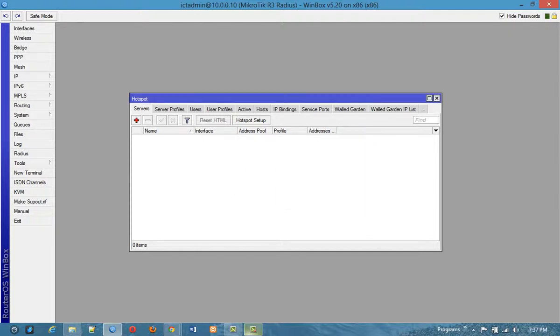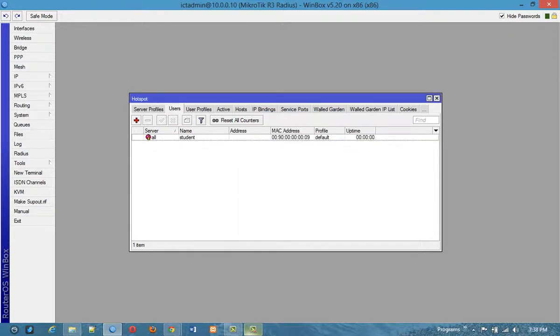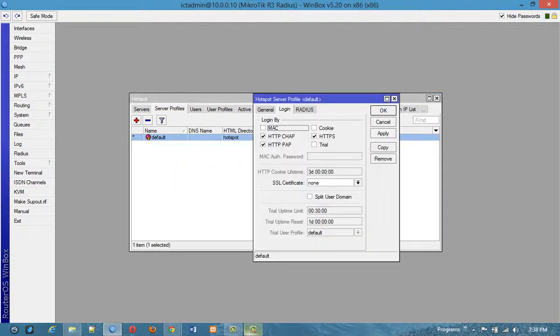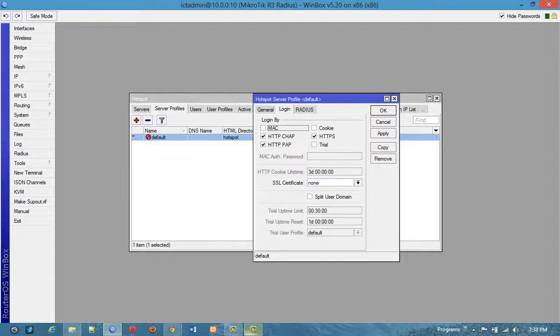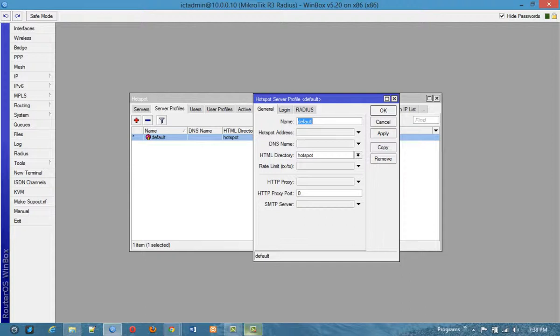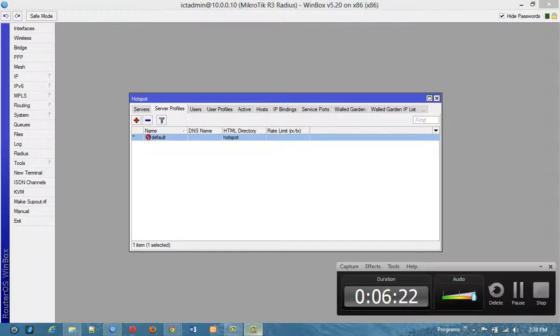The only thing you need to do after setting hotspot is to set up a user account or a common password. Now if you want to use a radius server, you can easily go to profile, you will see radius and select it, make sure cookie is not on, and make sure you select these three options there. One other thing is you need to be aware that before you set up DNS, you must confirm that your internet is already working,